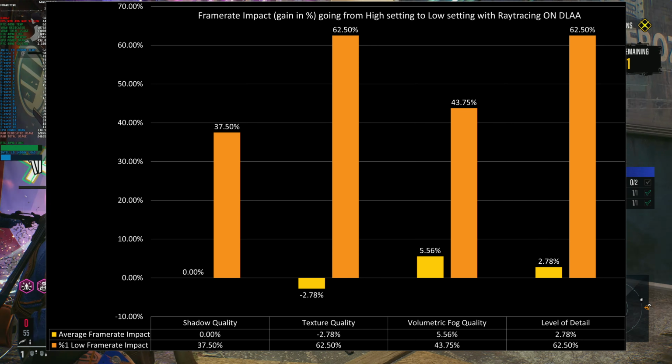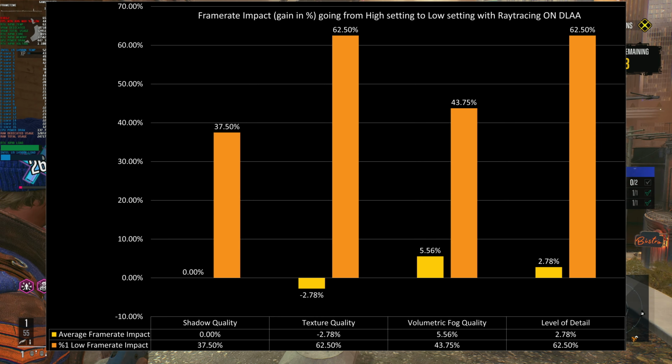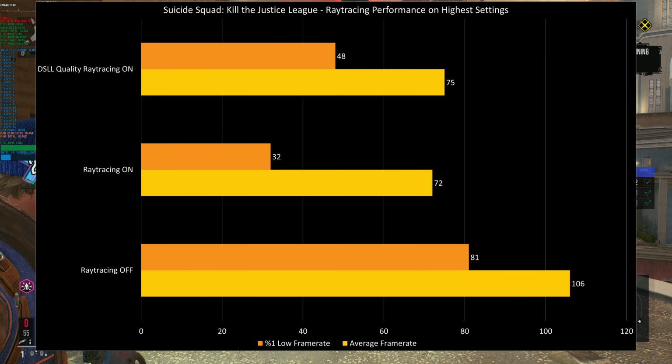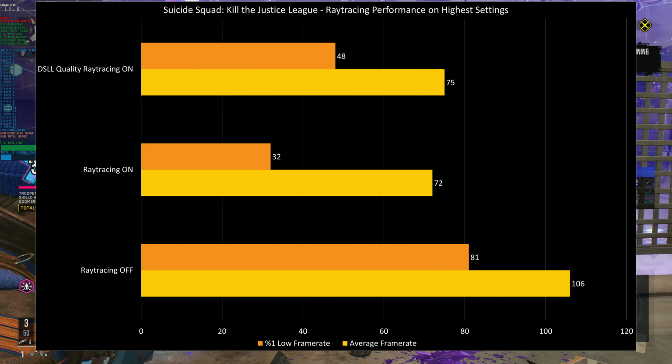The textures in this game do not look great even at the highest setting, and at the lowest setting make the game look from 20 years ago, despite requiring 8 GB of VRAM at 4K. The game in the current state is definitely meant to be played without raytracing because of the stability issues. In this graph we can see that if we disable raytracing, then we get a tremendous increase in the 1% low frame rates. You can check your 1% low frame rates by using MSI Afterburner and displaying the frame graph